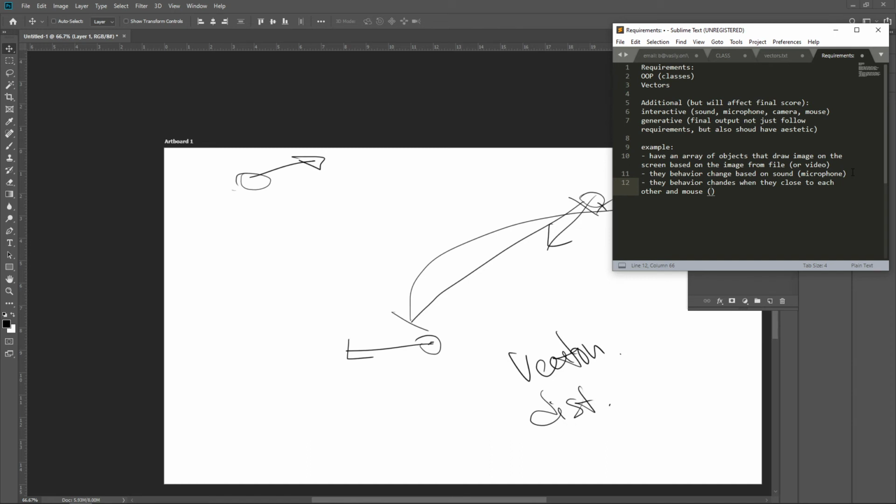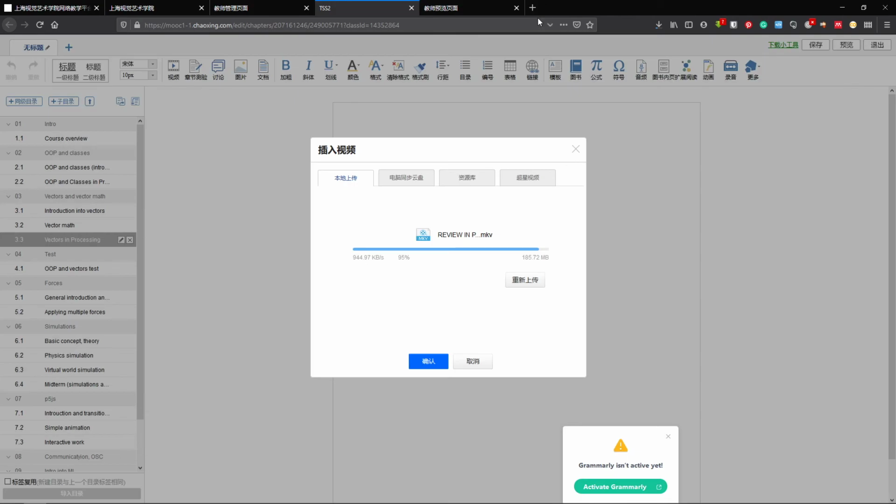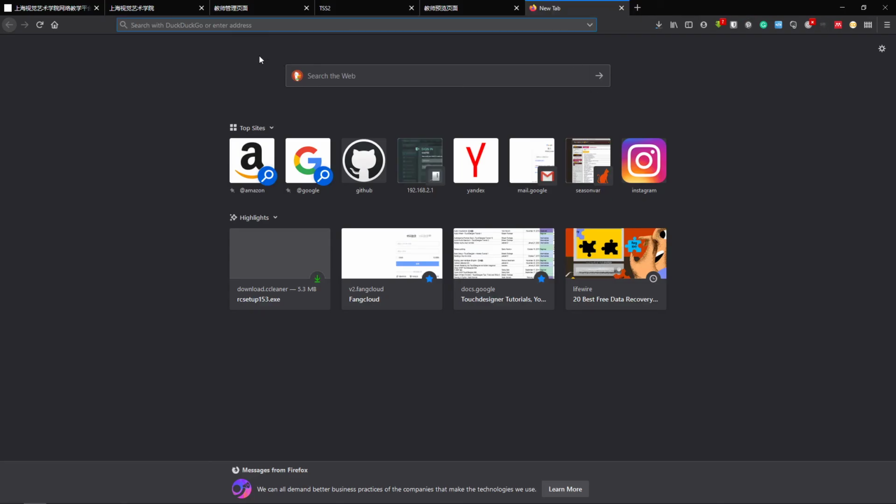So they change their behavior when they are close to each other and to the mouse. So try to avoid each other first. Invert the color they draw when they are close to each other or to the mouse. So this is an example we have, right? Okay, I can go here, and